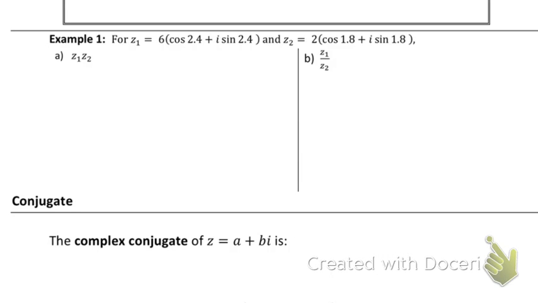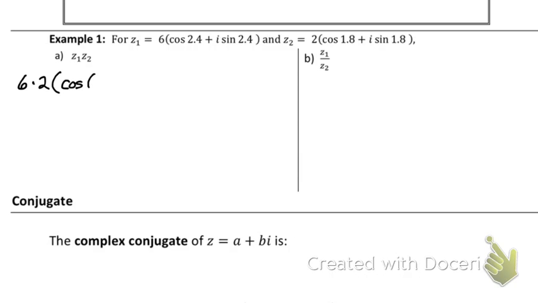Let's do some examples. So one of my complex numbers is 6 times cosine 2.4 plus I times sine of 2.4. This must be in radians because there are no degrees. My z sub 2 is 2 times cosine 1.8 plus I times sine of 1.8. So let's go ahead and do that multiplication. Multiplication tells me to multiply my r's. So we're going to have 6 times 2. And that's going to be times